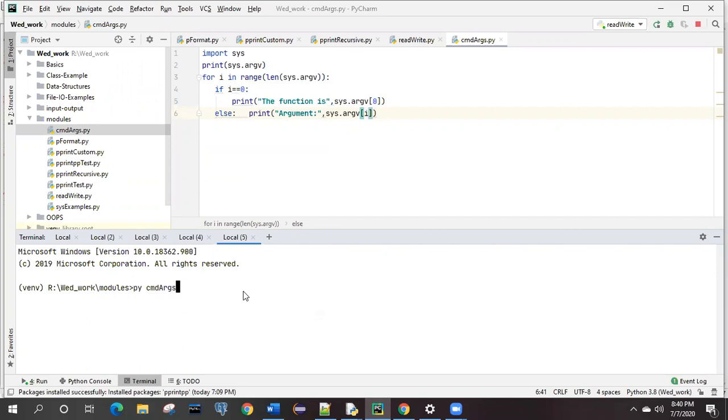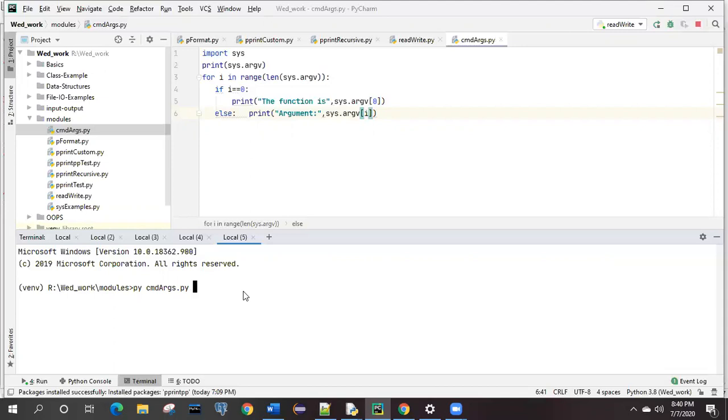Okay. If you type like this one, it will execute it. Suppose the content of this cmd argument.py, whatever it is open over there, is only hello world, printf hello world, nothing else. So this is the only syntax: py and then filename.py. If you hit enter, it will run the content.